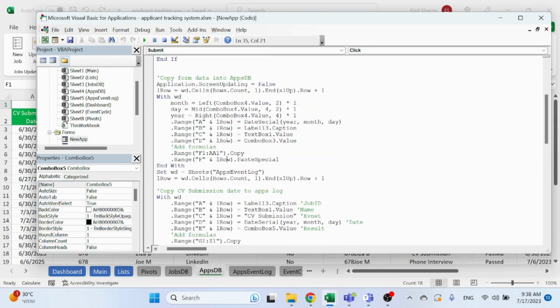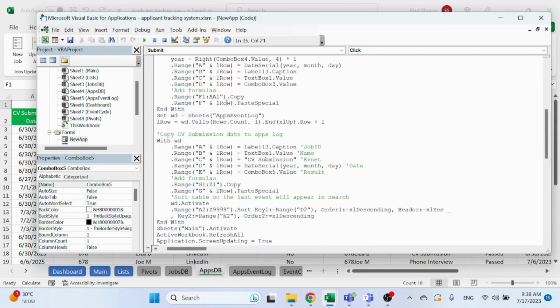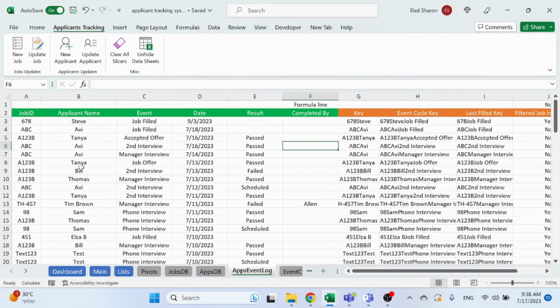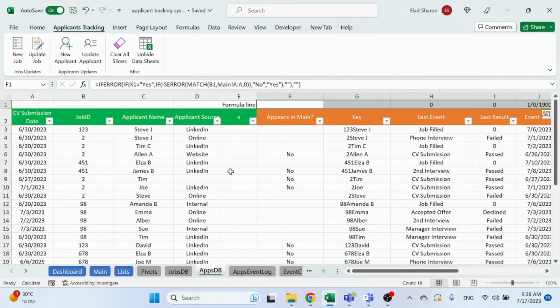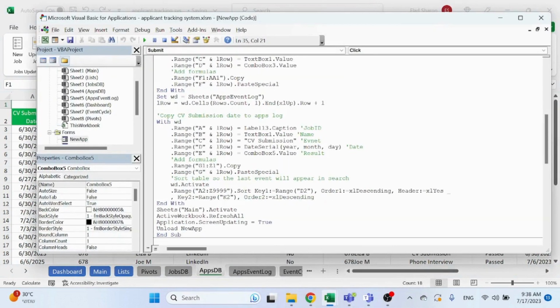So I did that. Now I'm going to events logs because I want to create an event called CV submission date. Remember, in the events log, I'm logging every event that the apps did. The apps database is like their current position. So I'm using the same trick, last row for that events log, and just pasting all of the information. Here I already used the date serial as before. Adding the formulas, same trick. I have a formula line